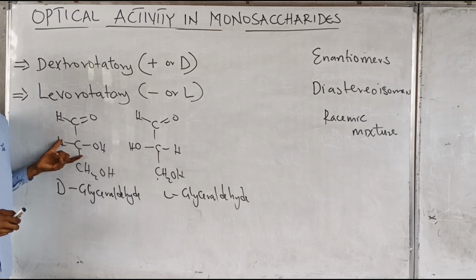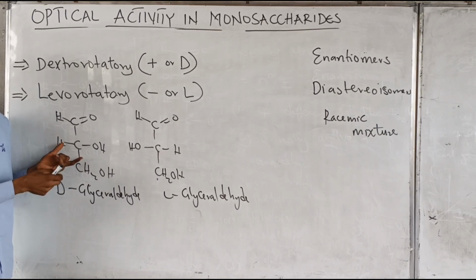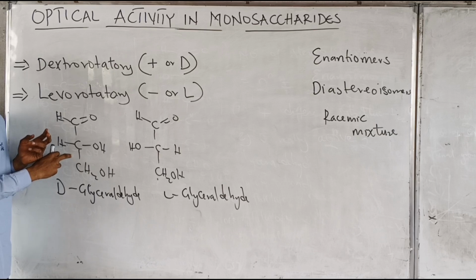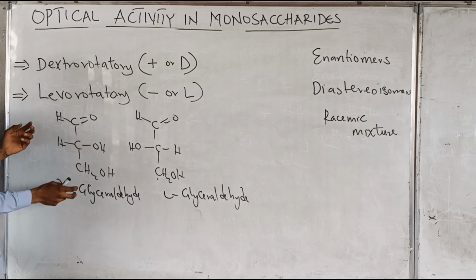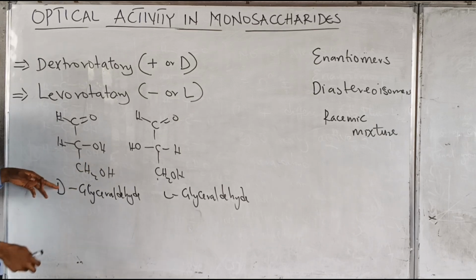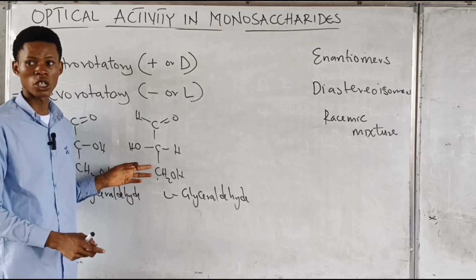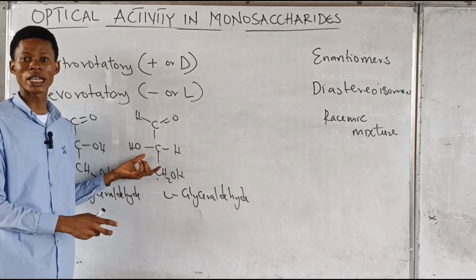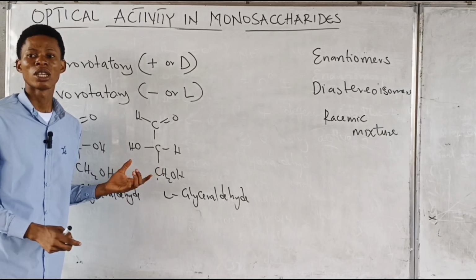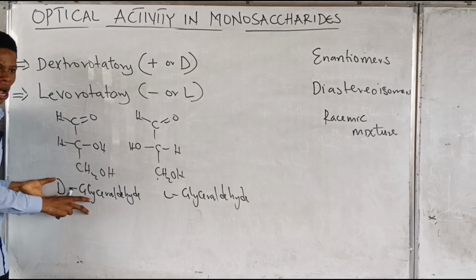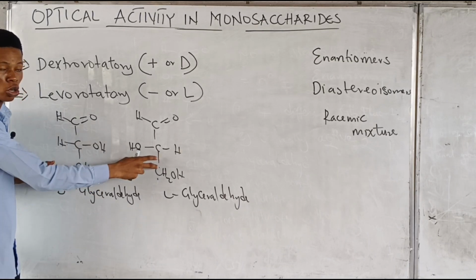Is this optically active? It rotates light, right? So it is optically active. Now it rotates light to the right, so we said it is dextrorotatory. This one is also optically active. It rotates light to the left. So we said it is what? Levorotatory. Now if we mix this one, if you notice this one is a mirror image of this one,